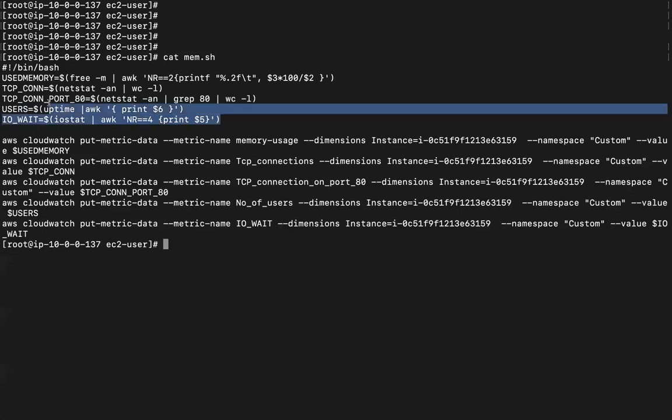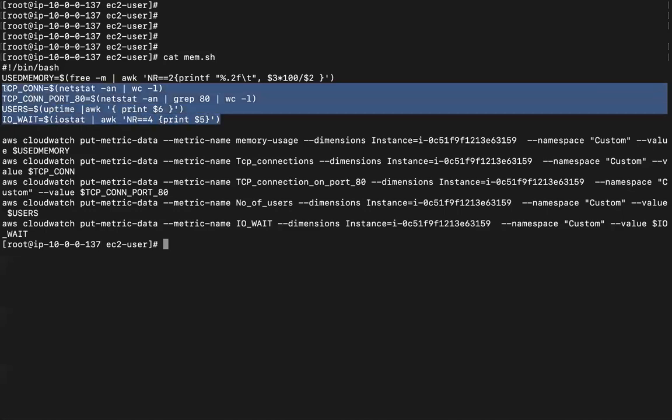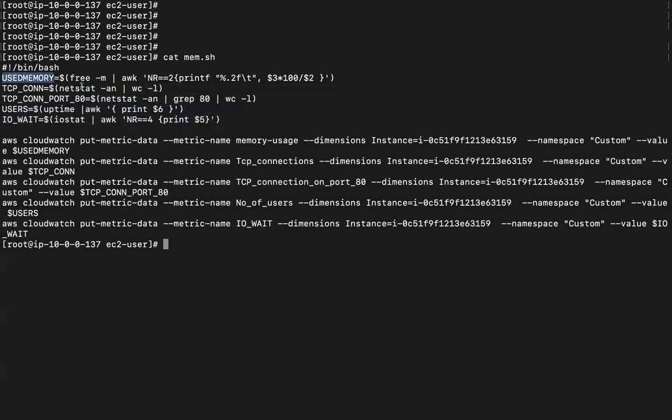But then how do you take all of these metrics? So let's just forget that we have these metrics enabled right now. Let's just think that we have only the used memory metric. How do you send out all of these metrics to CloudWatch? You use the AWS CLI, and you use one specific command called aws cloudwatch put-metric-data, and you have to give the metric name, which is called memory usage. And the dimensions is where you specify which instance ID you're going to send it out for. And then you're going to specify the namespace, which is called custom, and the value, which is the used memory value from here, right?